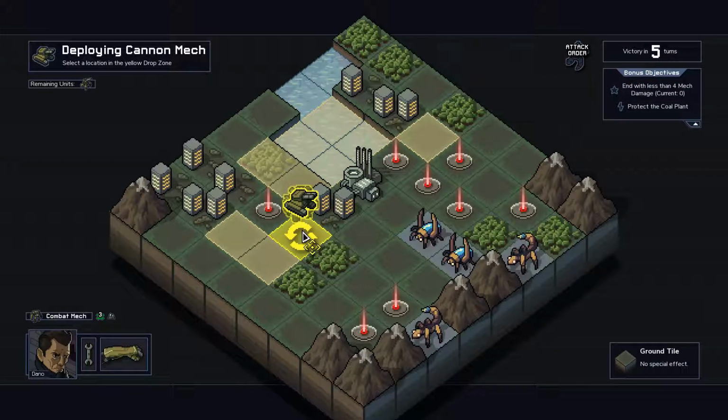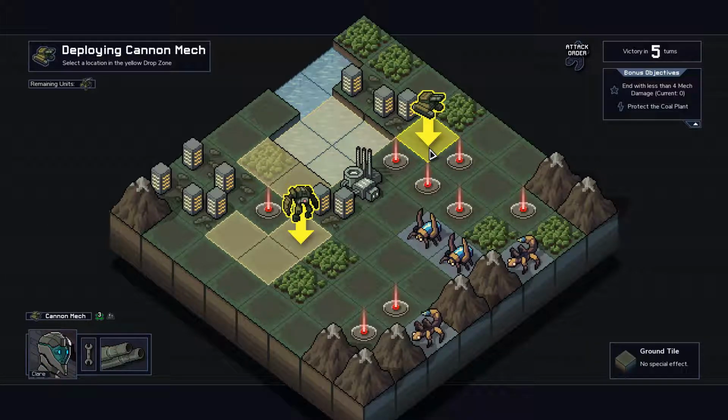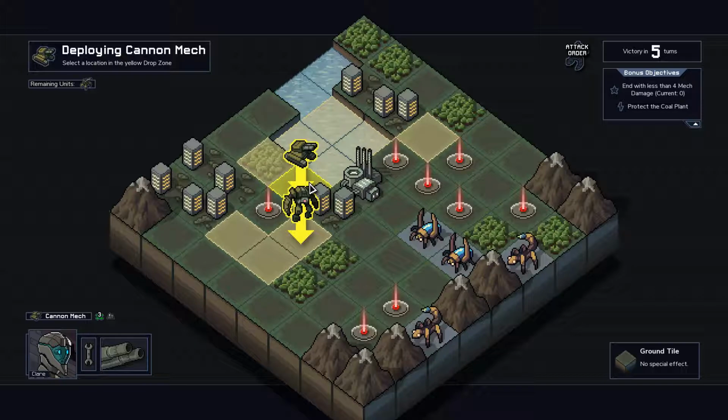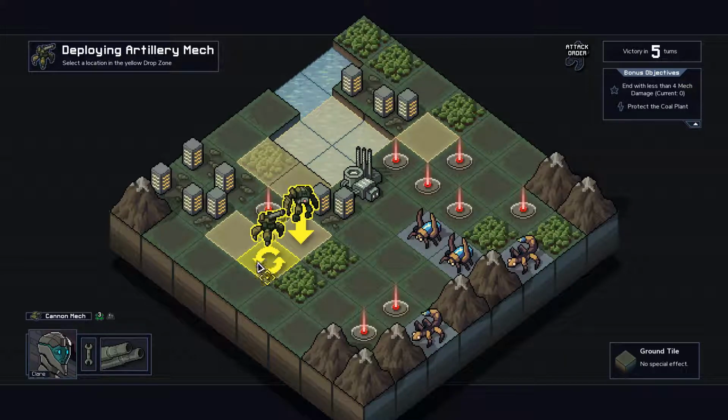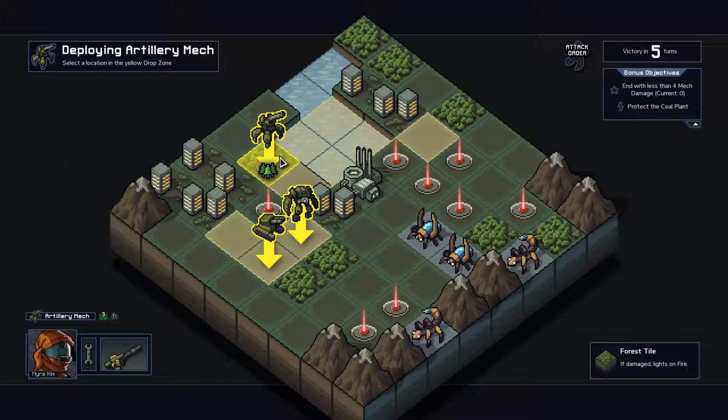And then you have a cannon that is fairly weak, but it also knocks opponents back and can knock them into each other, and they do damage if they collide with each other. So that's kind of awesome. And then you have an artillery mech, which fires from long range and can also knock opponents back, or...